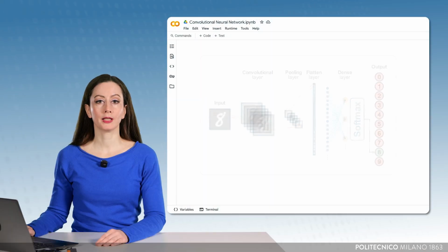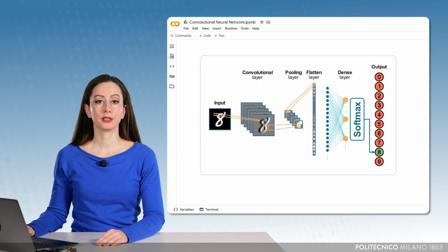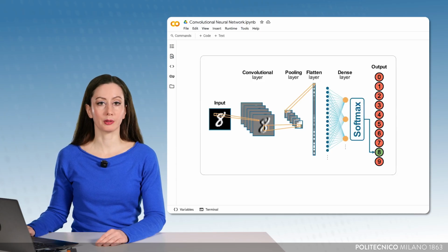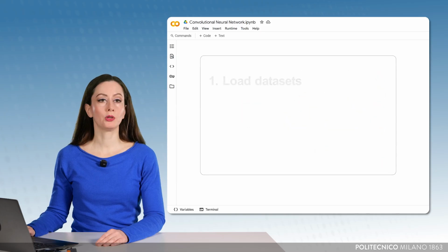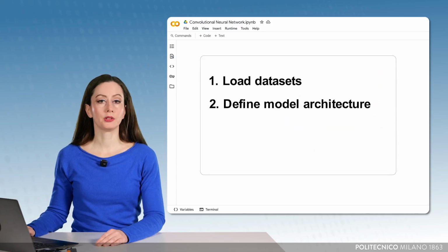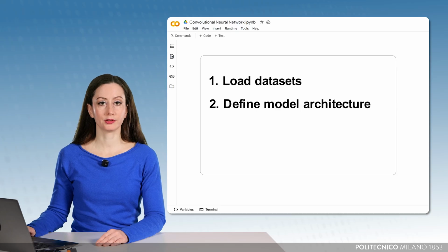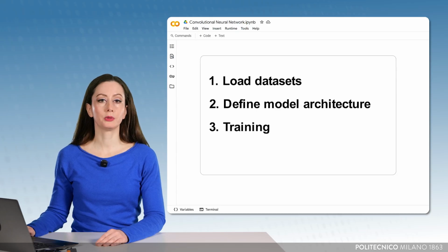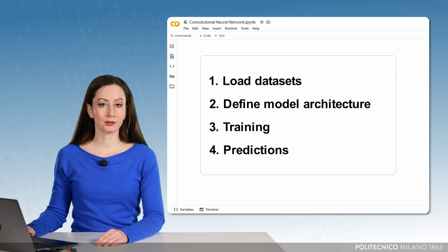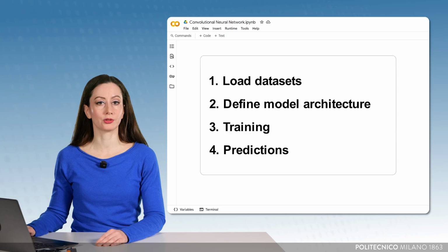Let's open a notebook and start to learn how to code a digit classifier based on image processing and neural networks. This will be done in 4 steps. First, we'll load and visualize the dataset. Second, we will define the model architecture. Third, we will train the model. And fourth, we will use the trained convolutional neural network to recognize digits in new images, or in other words,